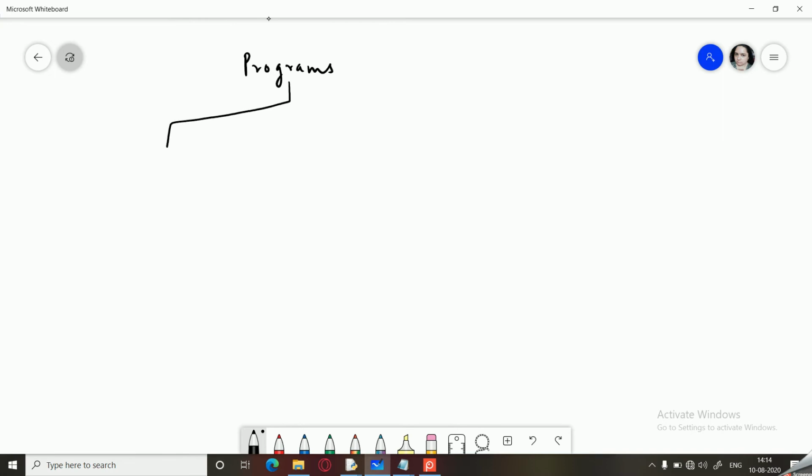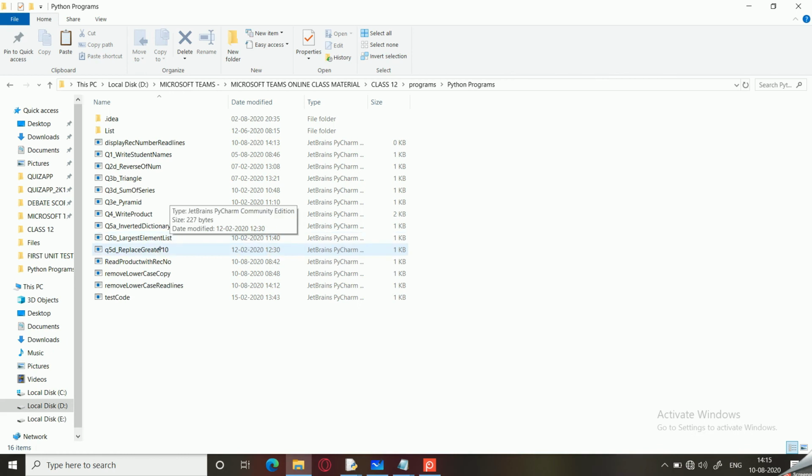This programs folder in turn has two subfolders. One is Python programs and one is files. And within Python programs, we have the program which we are working on. Sorry, not this one.